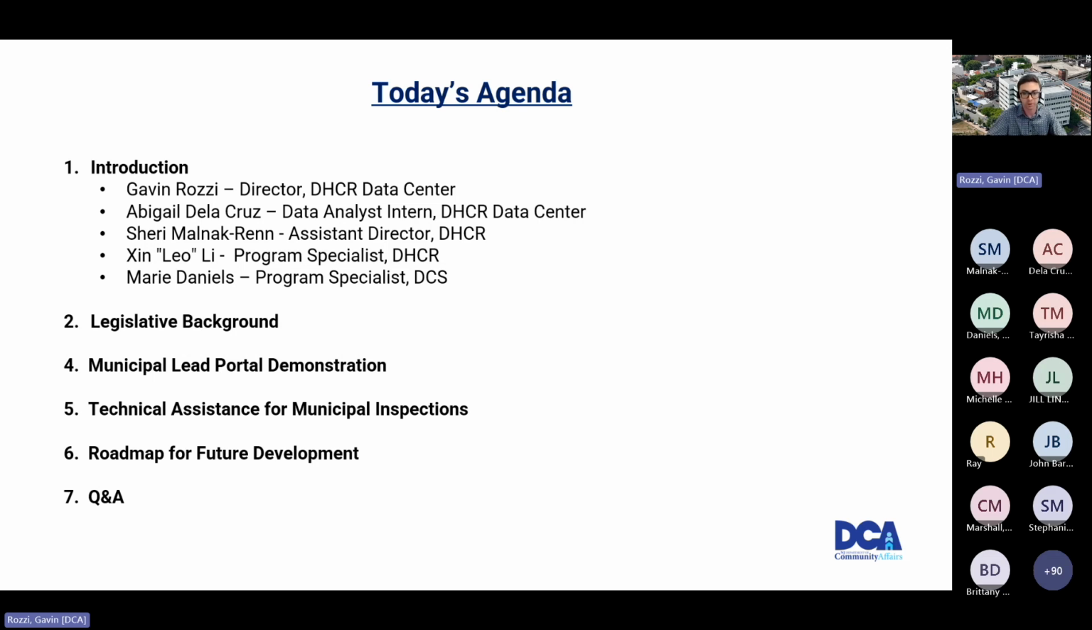And I just want to get into some introductory remarks. The launch of the Municipal Lead Reporting Portal represents a significant step forward for the Department of Community Affairs' ongoing efforts to ensure safer, healthier communities in New Jersey. This portal embodies our commitment to leveraging technology to streamline and enhance the efficiency of municipal reporting and lead-based paint